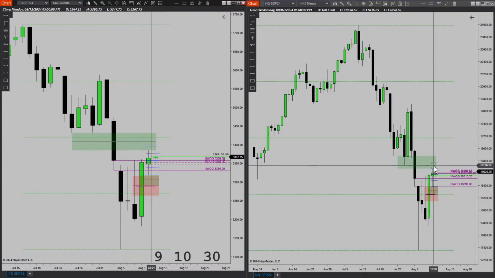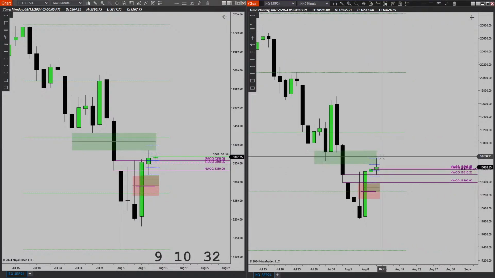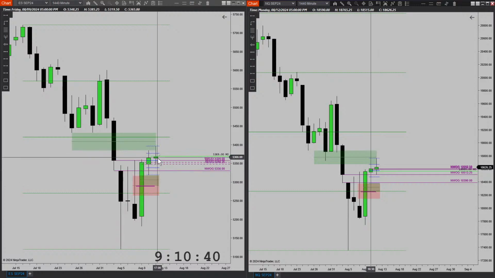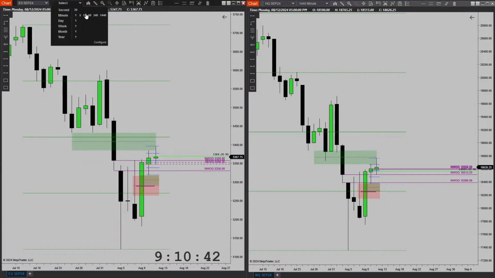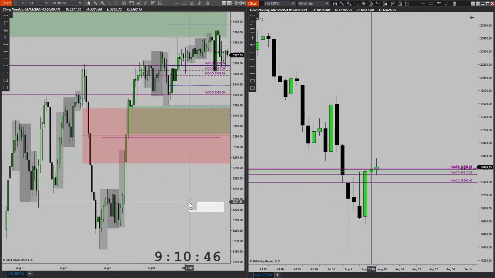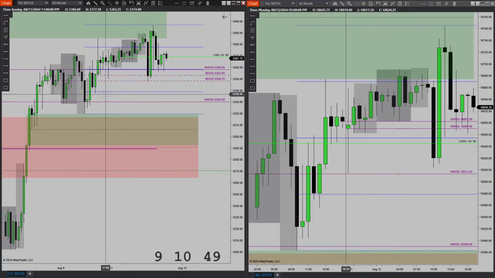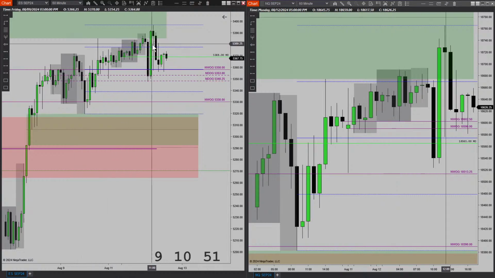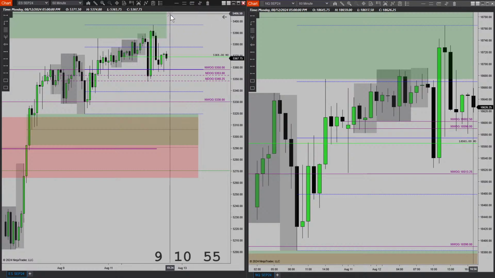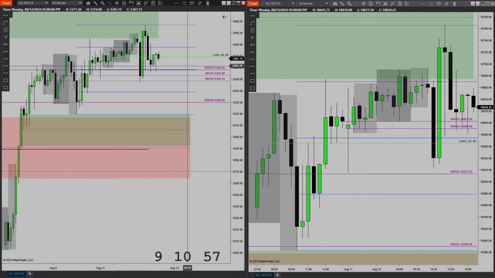If we swept these highs and then price started drawing lower, and if price is in this area, then I'll look to target these lows for a market maker sell model on the 1 hour, which is starting to develop here. Market maker sell model on the 1 hour here. So I would like for this to be the buy side of the curve, and then if we sweep this high, start the sell side of the curve there.